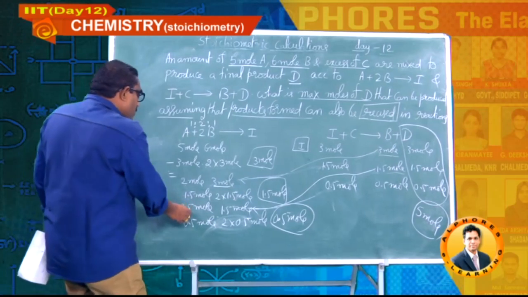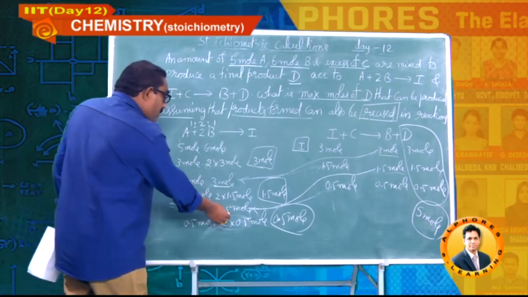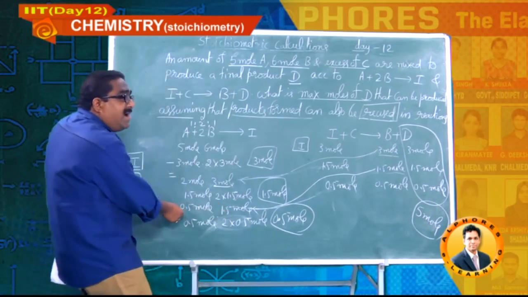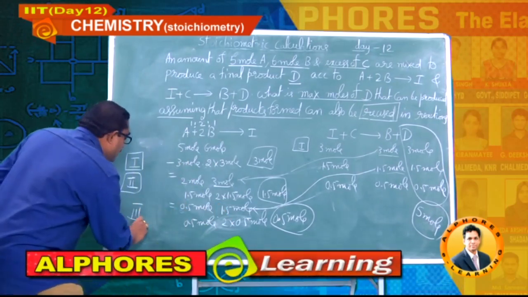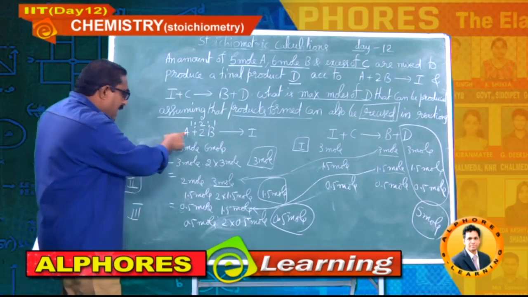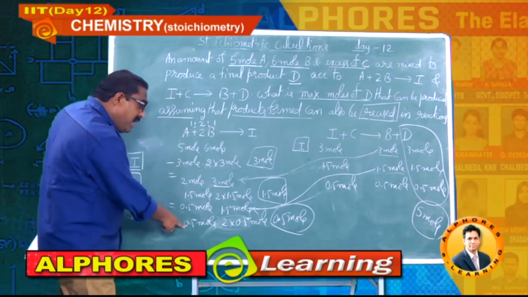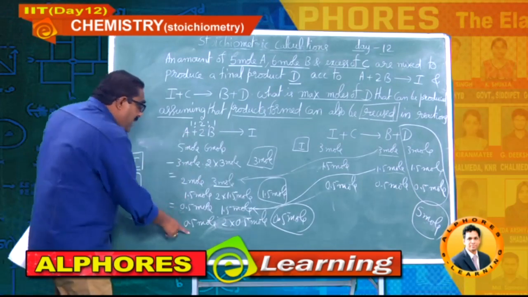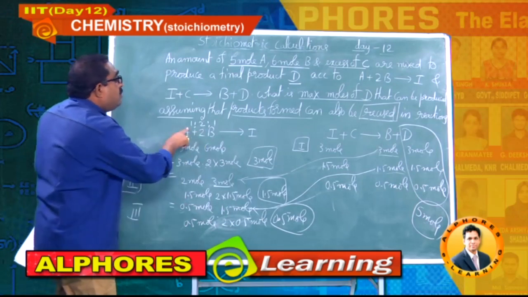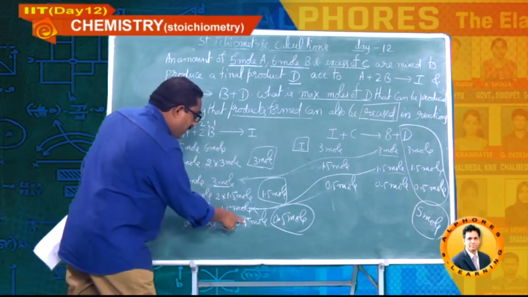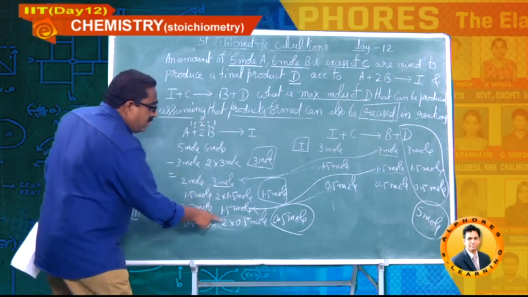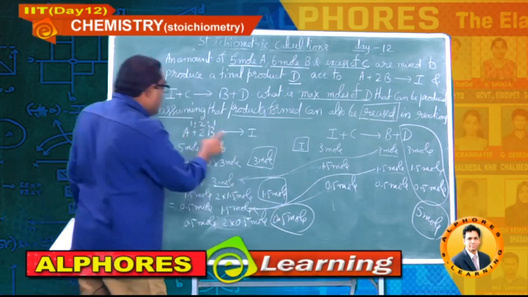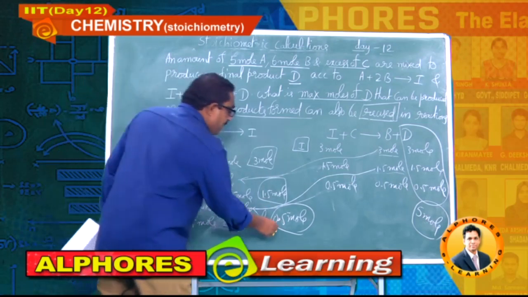And this time he has given only 0.5 mole. If you made it as 3, 2.5s are not there. So that's why in the third step, the limiting reagent is A because A is only 0.5 mole. So to completely react, it needs 1 is to 2, 2 into 0.5 out of 1.5, 1 mole of B is reacted. So 0.5, 2 into 1.5, 0.5 because 1 is to 2 is to 1. So 0.5 mole of A.